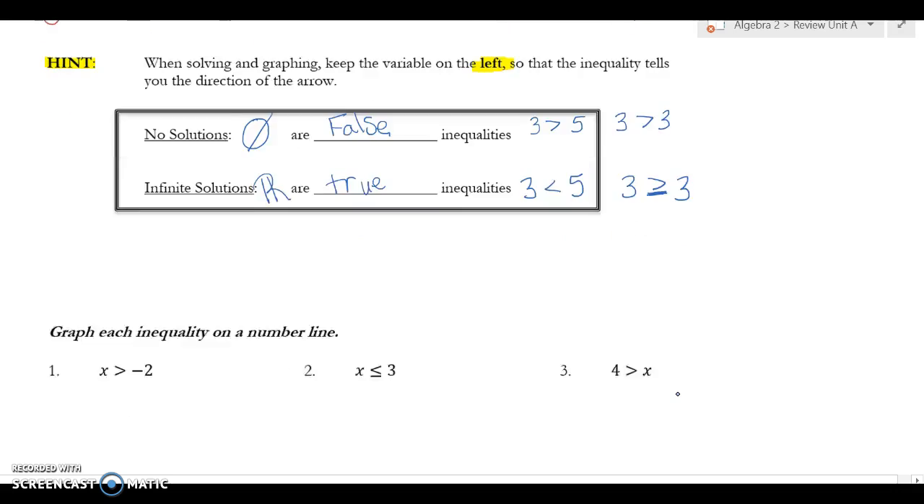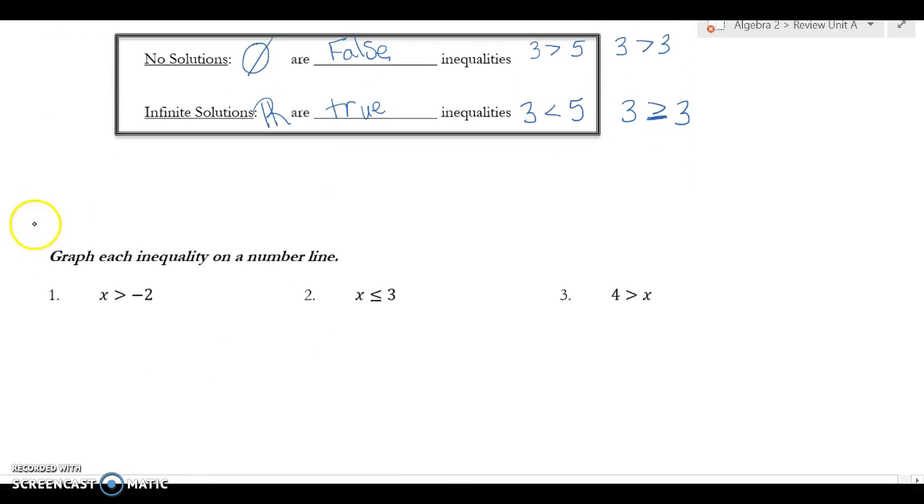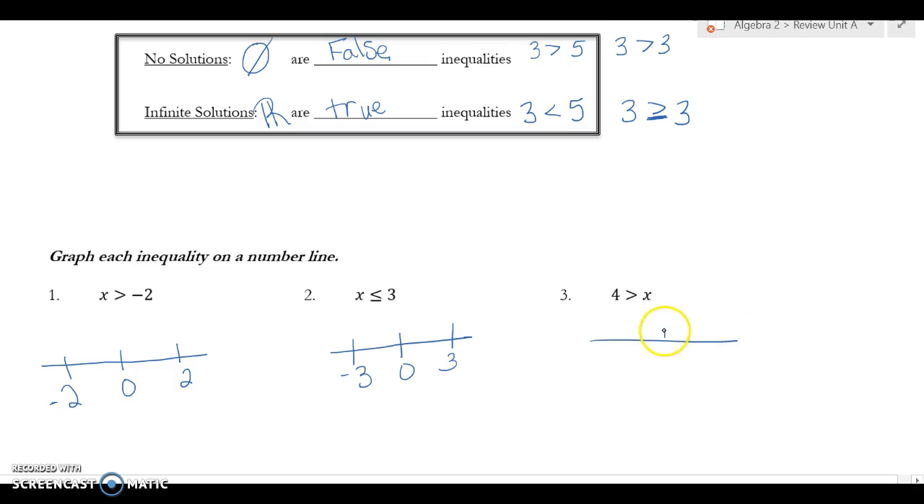All right, so let's do some graphing. So what I'd like you to do is start off by drawing your number line. And again, I'm not super picky, and I don't think anybody really is, as long as you have the positive and negative numbers on the correct side. And I like to put the 0 in the middle. So the key for this is, first of all, finding out where your circle is going to go,